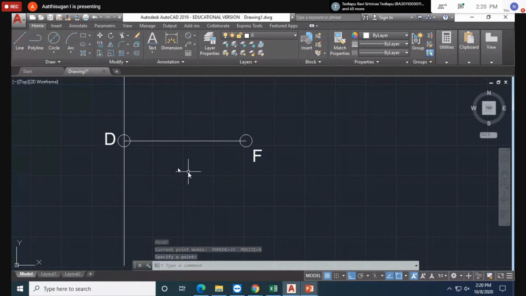As per the question, the D to F distance is 50, so I drew the line of 50 mm. Next, in between you have to mark the point, the vertex. We know the formula for eccentricity is VF divided by VD, equal to the given condition 3/2. So what is the VF distance? 3. Totally 50 is there.